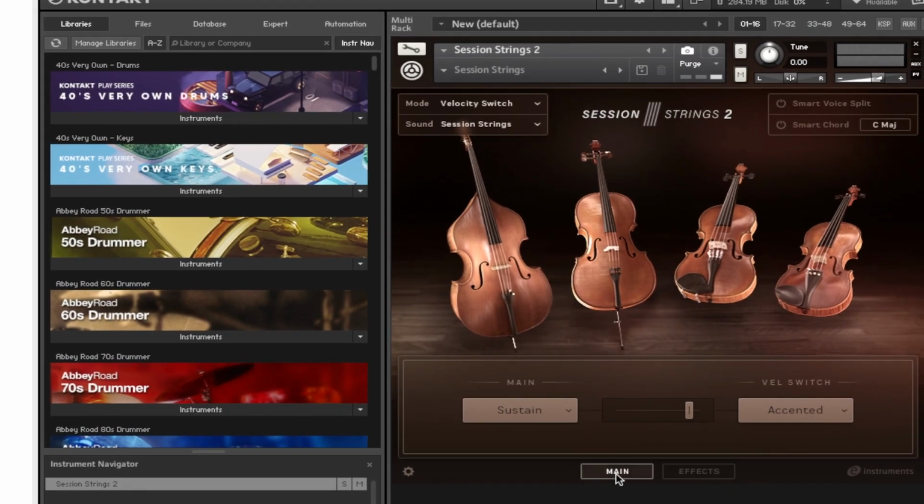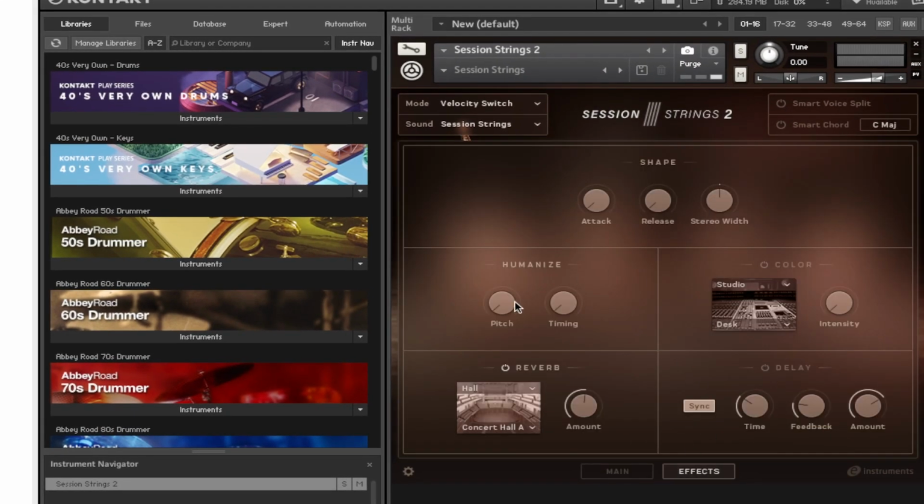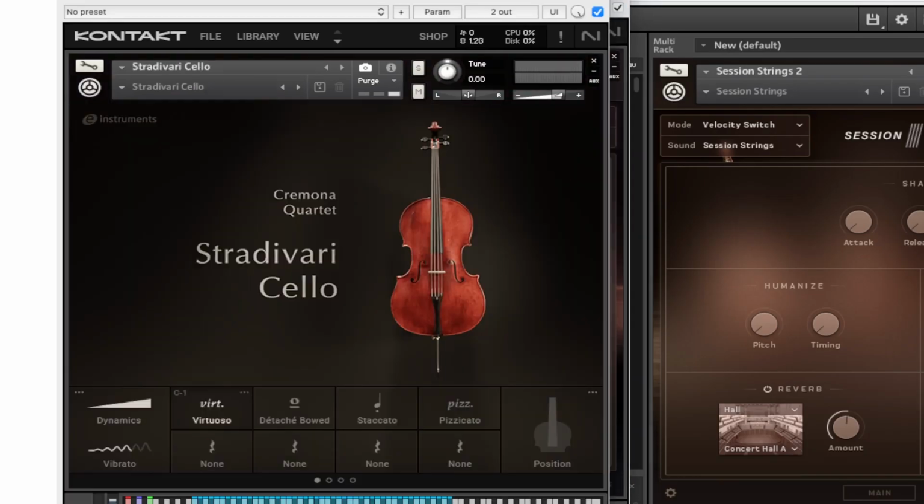And Session Strings 2 also has a similar thing in that it doesn't have as many sections, doesn't have the mixer section, but it has effects section, and here we go, there's Humanize. Now with a solo instrument, like for example, the Stradivari cello,